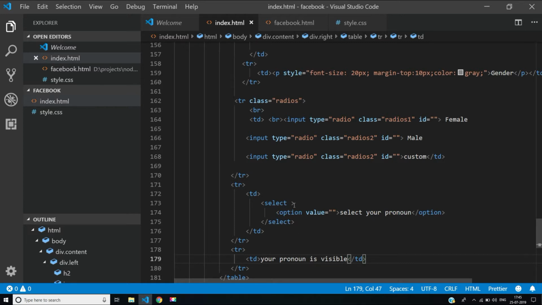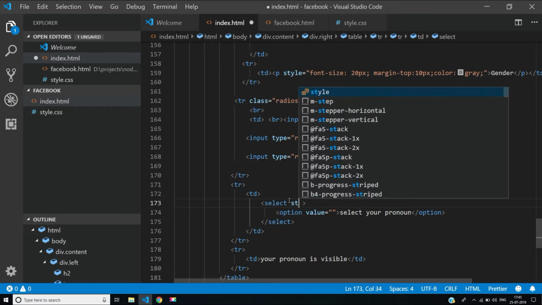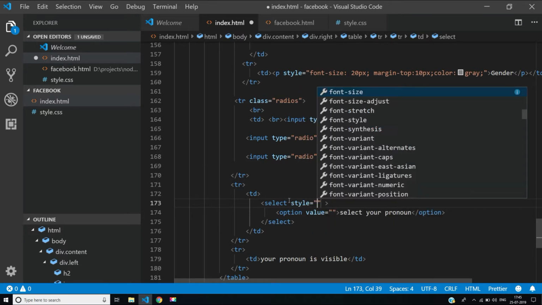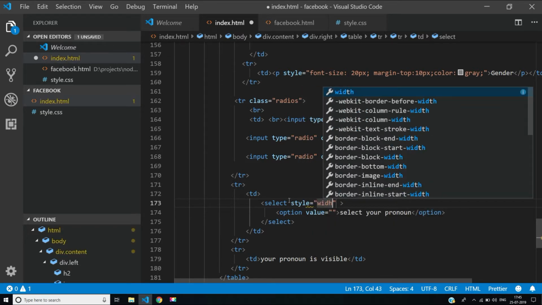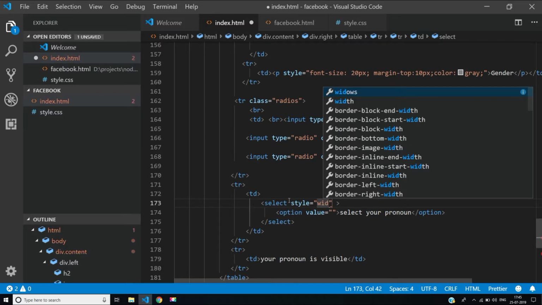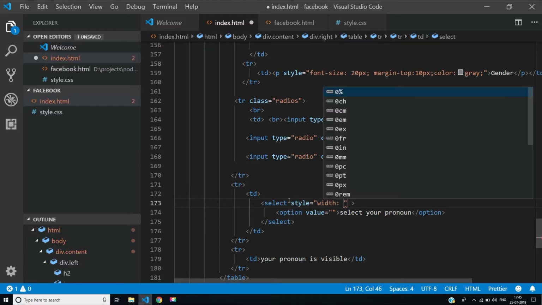So in this I'll add an inline style, and I'll set its width to